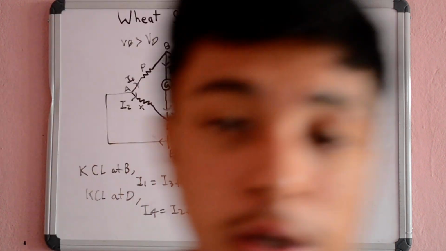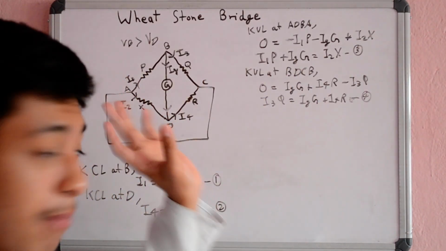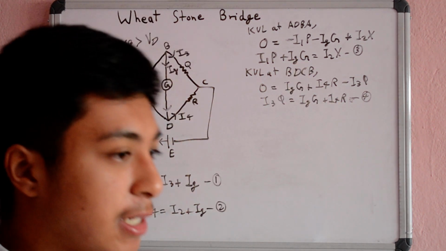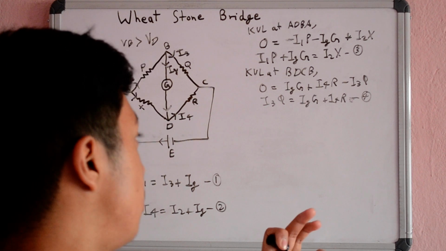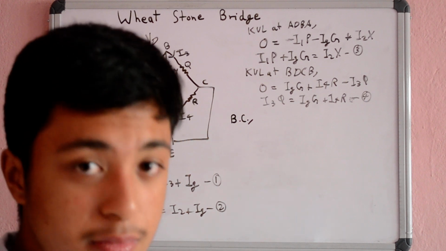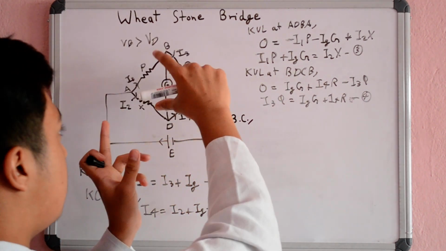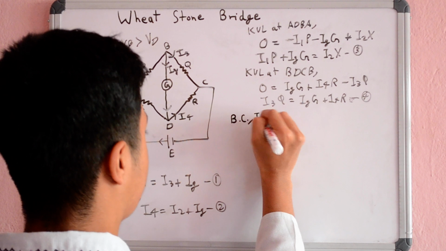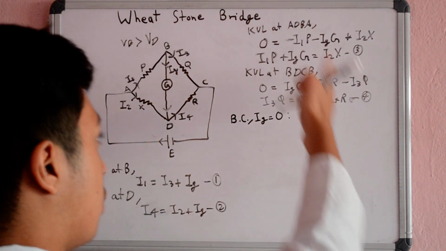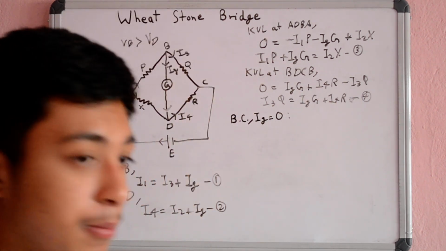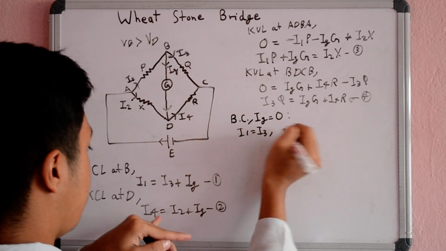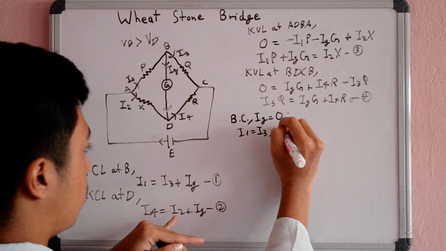Now what we do is we take balanced condition by changing the value of R, because this is a variable resistance. Now let's say the value of R is adjusted such that we reach balanced condition. So we reach balanced condition, and here that means there will be no current flowing through Ig, so that means Ig equals 0. Now if Ig equals 0, all of these equations will be very simple. So here for the first one, I1 will be equal to I3, and here I4 will be equal to I2,